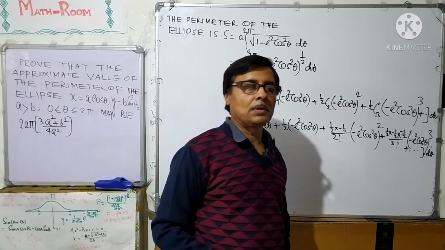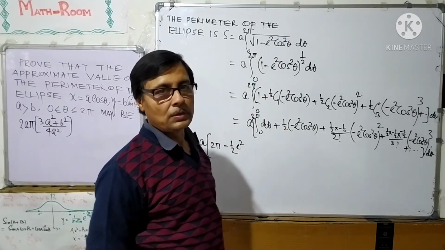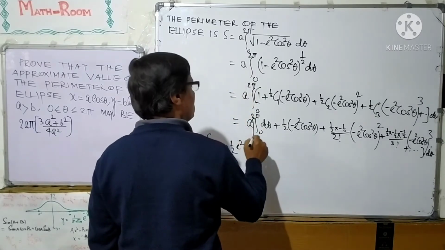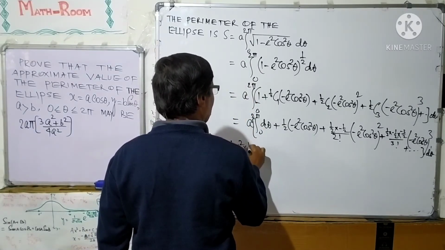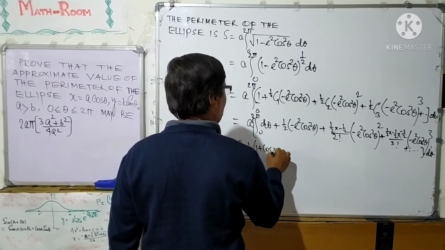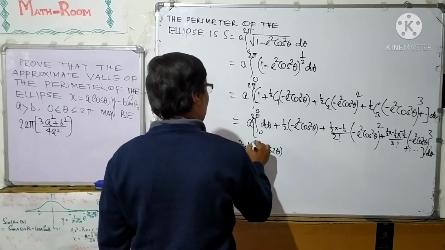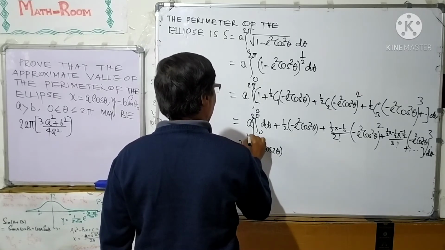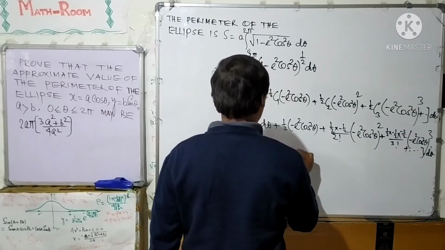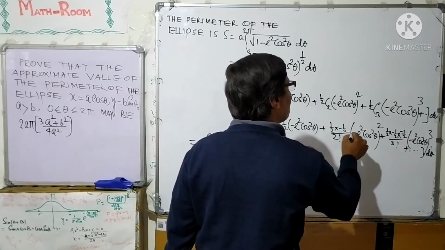Cos square theta can be written as half into 2 cos square theta, also 2 cos square theta equal to 1 plus cos 2 theta. So, this is half into 1 plus cos 2 theta d theta, 0 to 2 pi d theta, and also this is minus